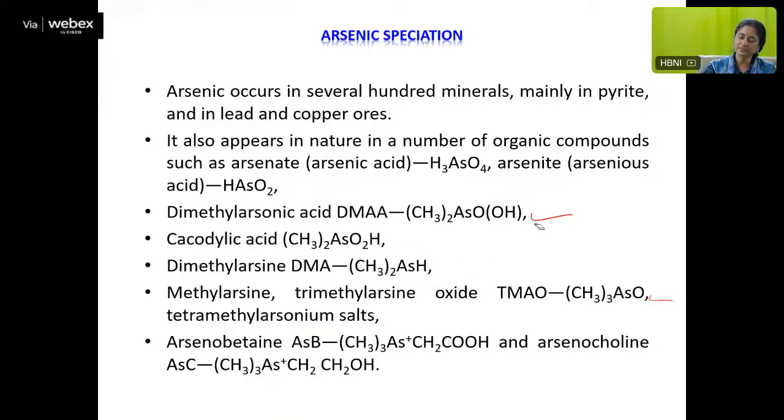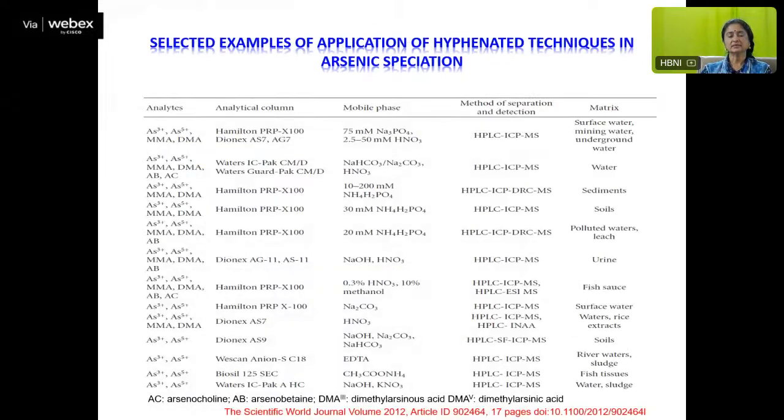If the samples contain all these species and you analyze them by HGAAS, the hydride generation atomic absorption spectrometer, it will give you the total arsenic. But with LC or GC-MS, you can get each and every species present, because for every species the mass is different. So you can know that. Here is a table where you can see